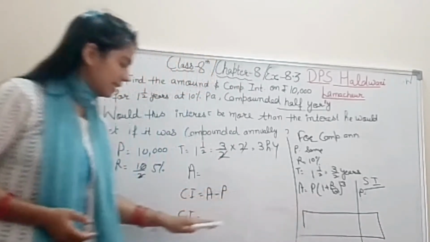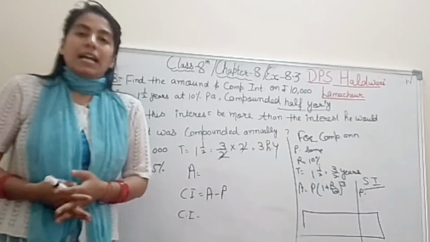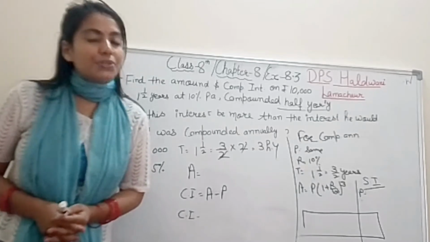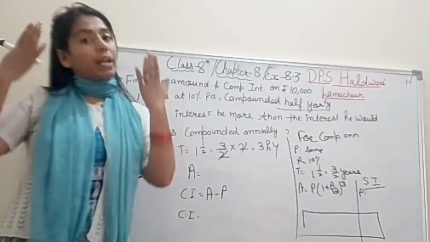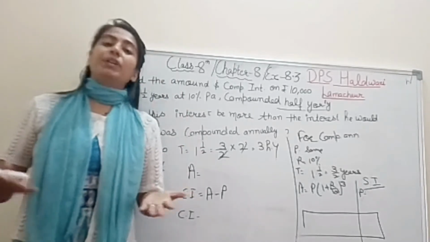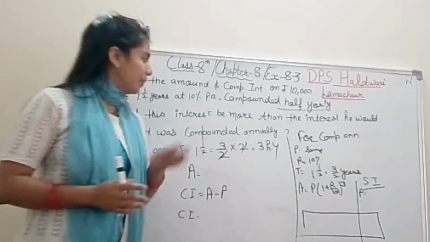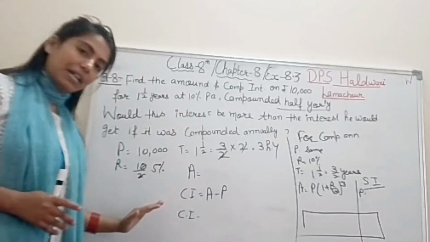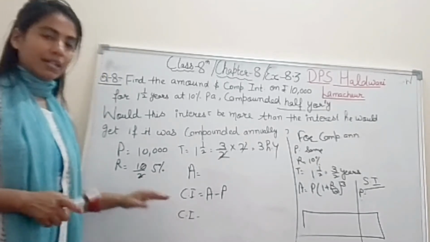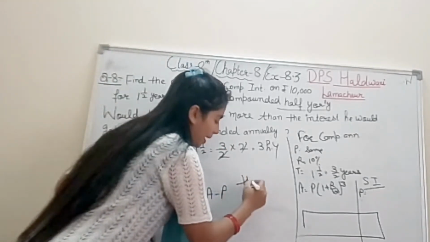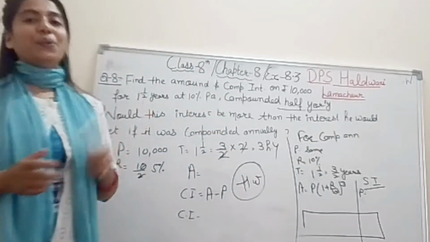And you will compare that interest with this interest. Whose interest is more or less? That's it. I hope you got it, student. It is just calculations only, nothing else. It is your practice time only. You will do more and more practice of the calculations. Right student? I hope you understood how to solve this question. I told you everything. Your part is left only, that is the calculation part. So you will solve the calculations on your own. Right student? So this is all about question number 8.